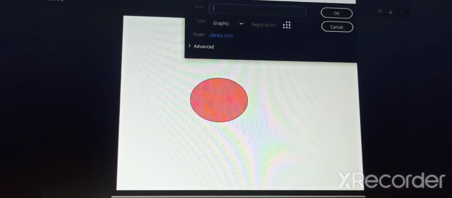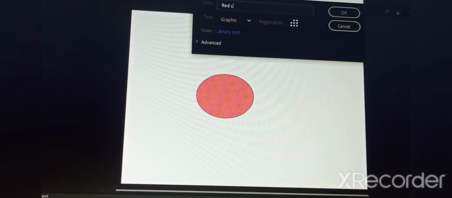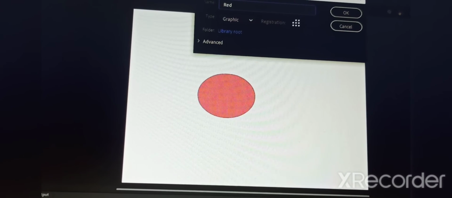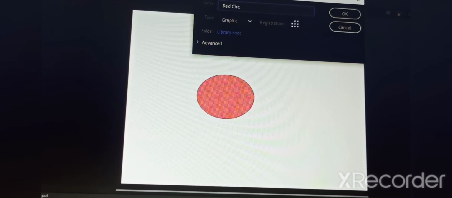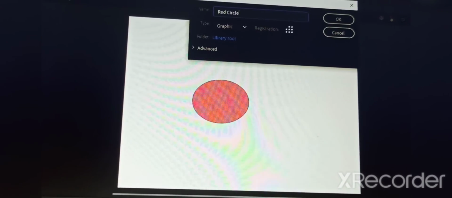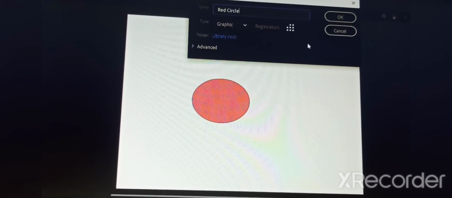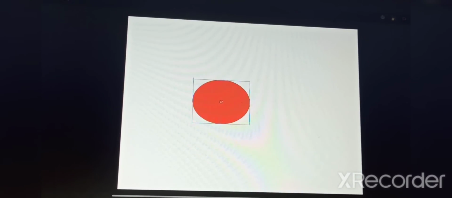I will write here the name red circle. Now I will click on OK. Now it has become a symbol.